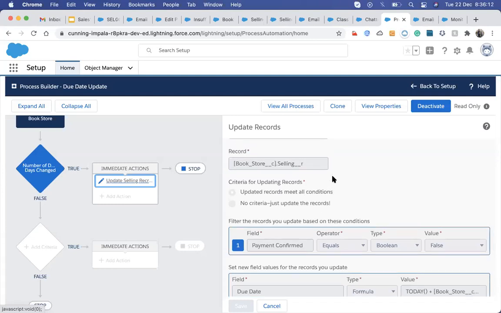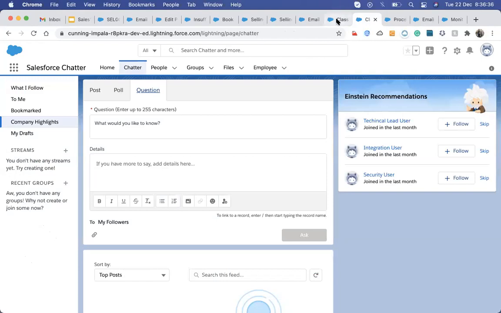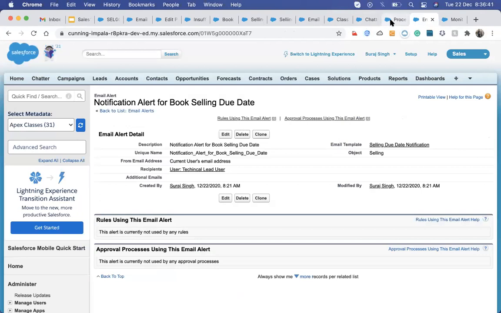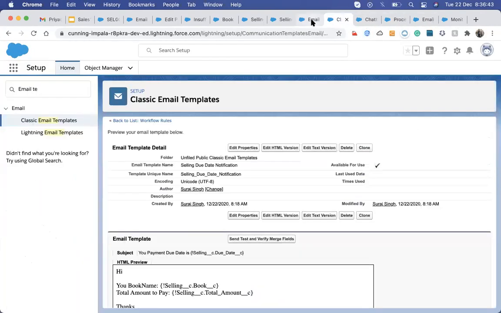So when the requirements come up, you will just go through that and follow the process. Whenever you have to design an immediate action, you can design it. Usually we get a requirement to update a field or send an email notification or make a post on Chatter, and we can do that by just adding an action. Just like that, I can add an action that whenever the email is sent, it will make a post on the Chatter.